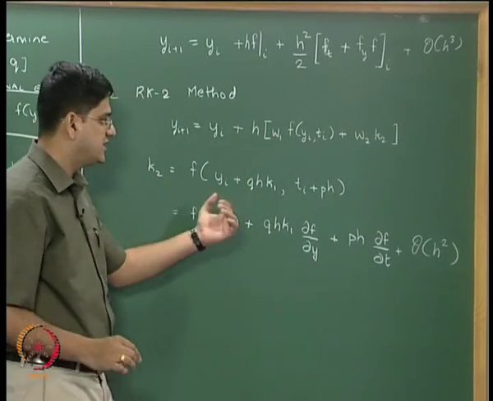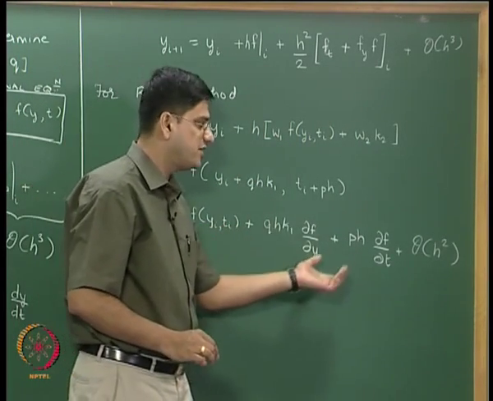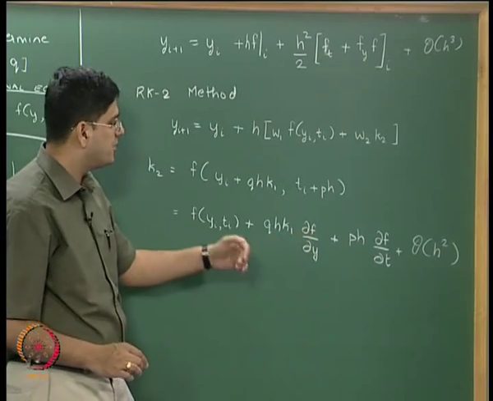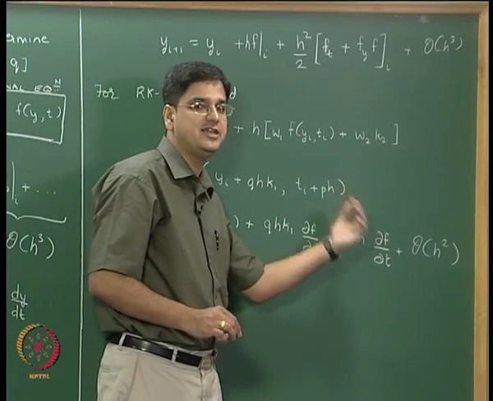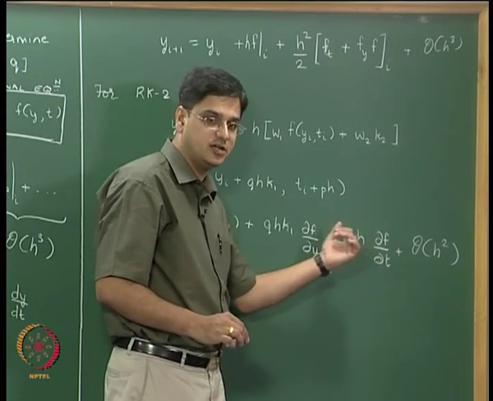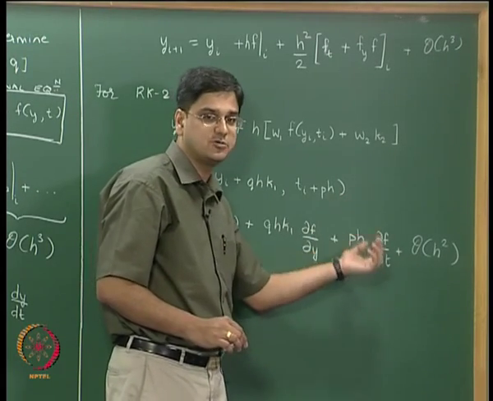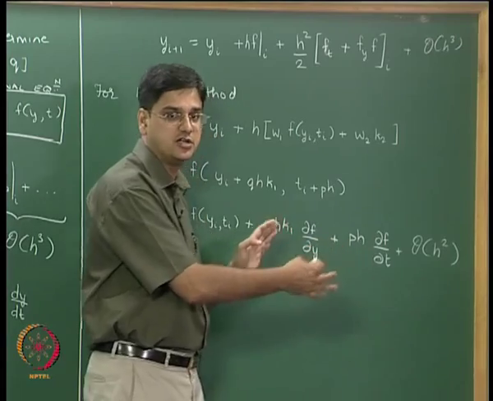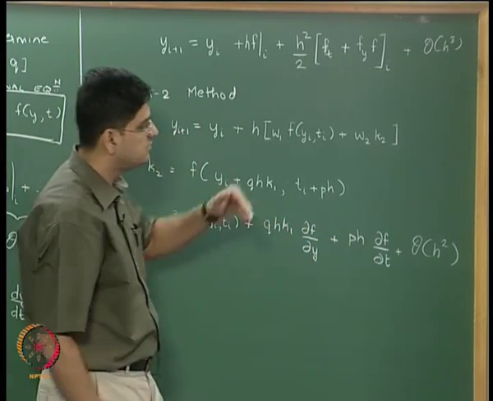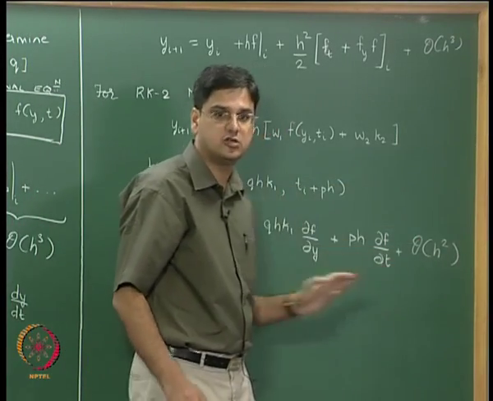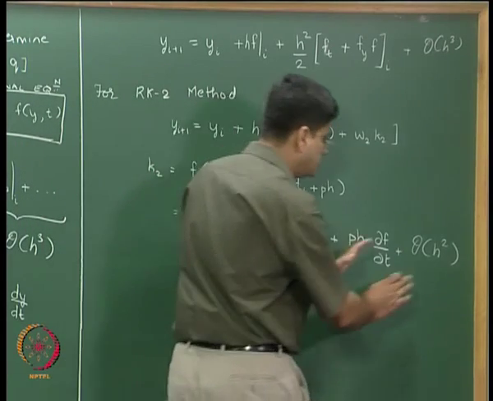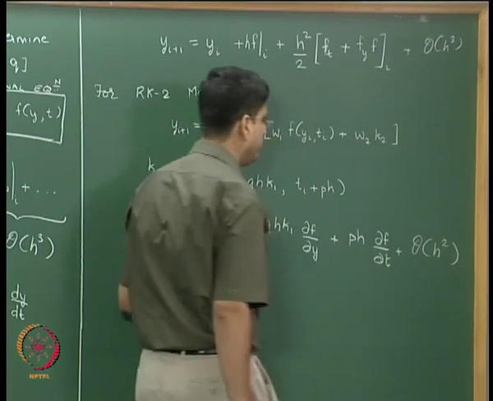Okay. We will have h squared multiplied by d square f by dy squared, h square multiplied by d square f by dy dt, and then we will have a term in d square f by dt square. All those three terms will be there, that will be the second order term. Then we will have third order term, fourth order term, so on and so forth. All those we have clubbed as order of h square.